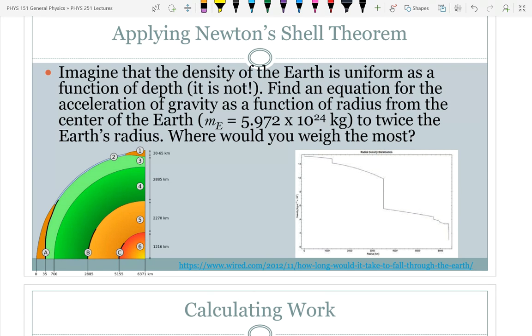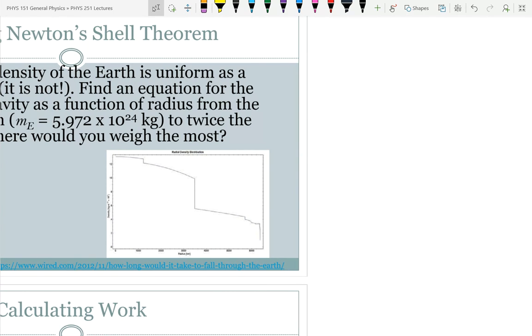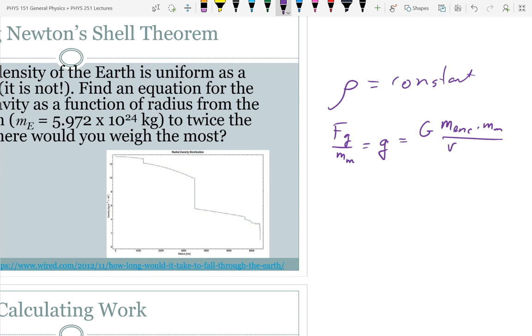So, making the approximation that density is constant going through the Earth is grossly wrong. But it's easy for physics calculation. So we're going to do a grossly wrong, well, actually, should we do it? If we say density is constant, then we know that the force of gravity acting on us divided by the mass of me is the acceleration of gravity. And that's going to be equal to G times the mass enclosed times the mass of me over the radius where I'm at,